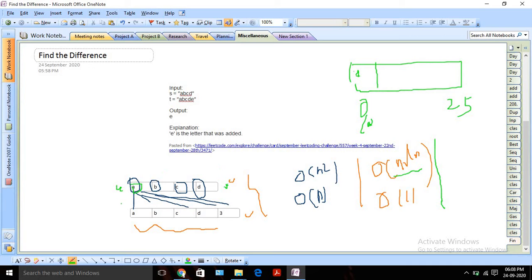After that, I can run another for loop and pick one character at a time from the second string. Whenever I see that I found one A, I will go to this index and reduce it by 1, right? So for the first string we increase the count, and for the second string we reduce it. Once we are done, then there should be one index